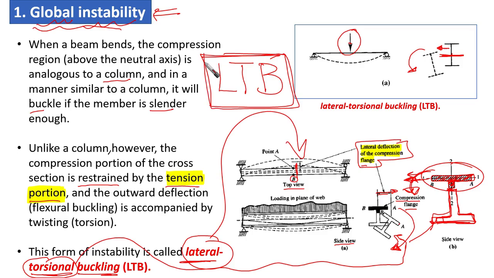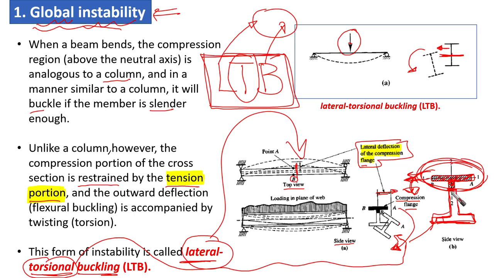Whenever you look at it, you're going to find that there is lateral buckling that is going to take place due to the compression portion of the beam, and there is a kind of torsion that is going to be there because of the contribution of the tension part of the beam. Okay, the tension part would not buckle and would not twist, but the point is it is going